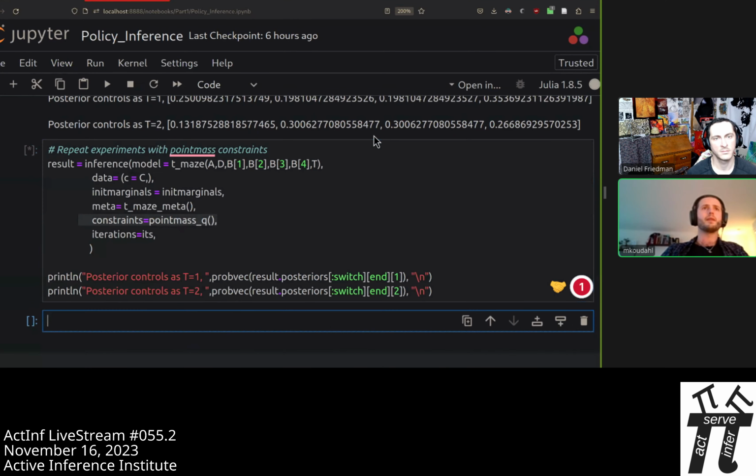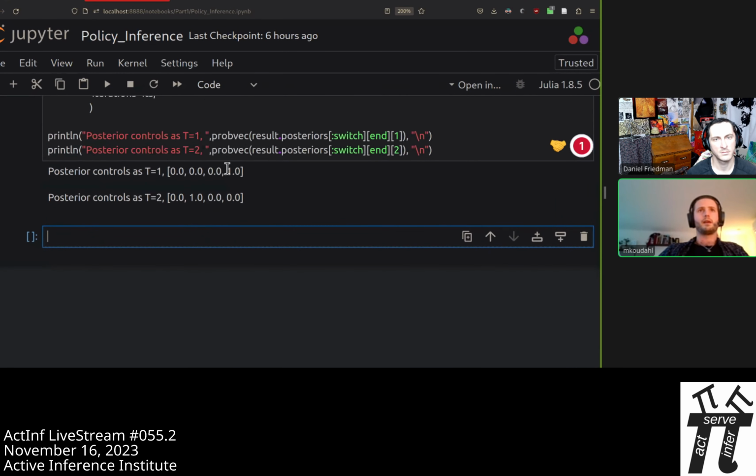So let's run that. And again, this gives us a much clearer picture where we are now 100% certain that we're going to go to the queue at t equals 1 before we observe anything. And then in this case, it picks 2, but if you change the random seed a little bit, it picks 3, because it's indifferent between these two. It just has to pick one, because we're enforcing that.